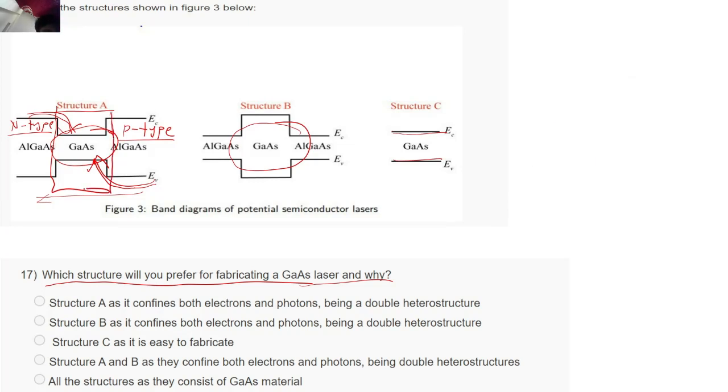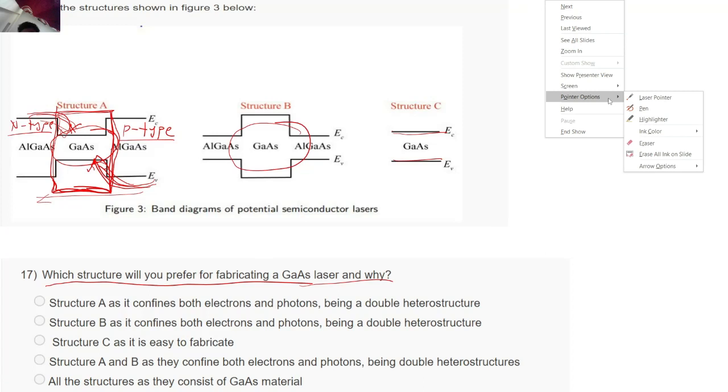Yeah. So if you look at this rectangle, what we have done over here, we have trapped the electrons from the left side and we have trapped the holes from the right hand side. So now we are getting a lot of electrons and holes trapped in this region, and as you know, the recombination is directly proportional to the concentration of electrons and holes in a particular region. So it will lead to a very good recombination over here, right? So that is the purpose of this cavity that you can see.